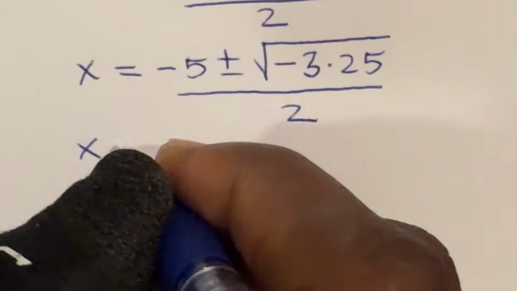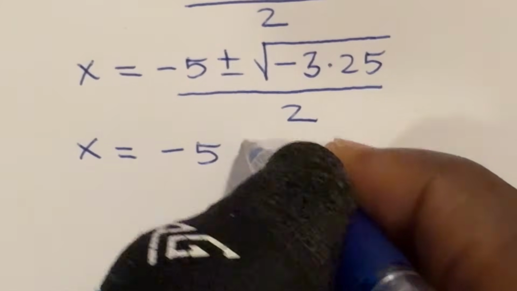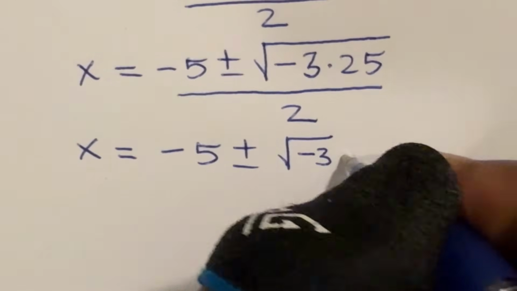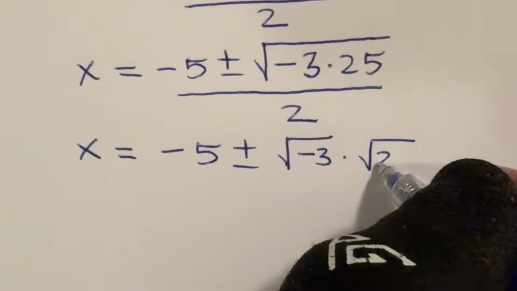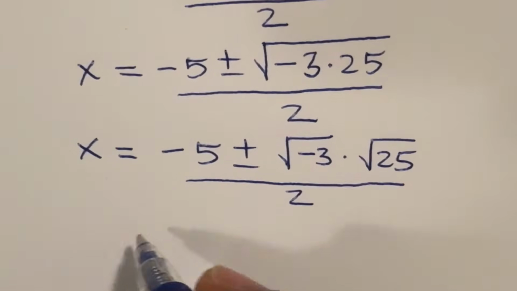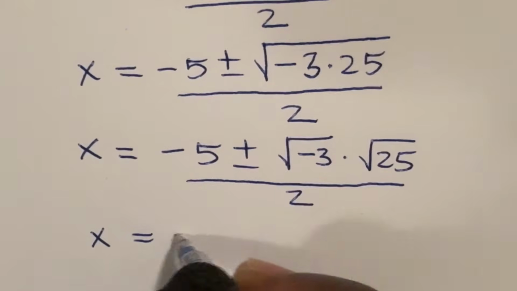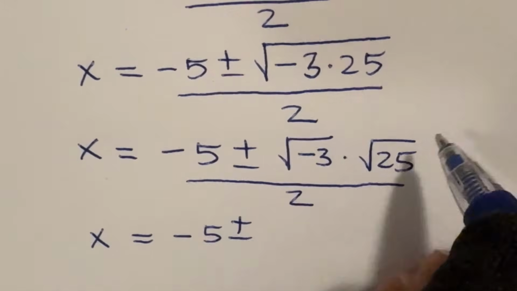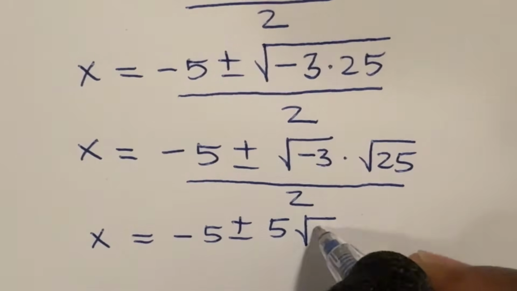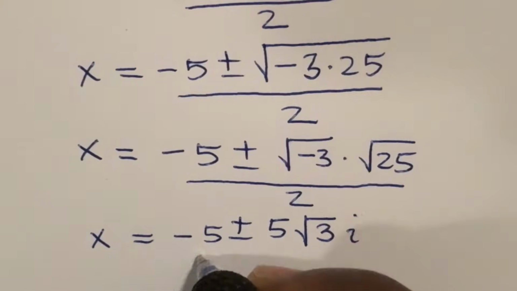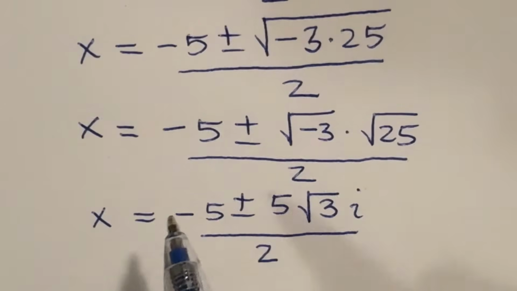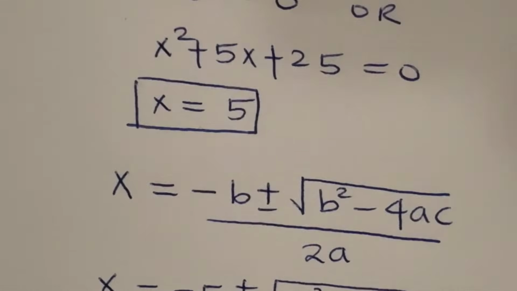So we have x is equal to negative 5 plus or minus the square root of negative 3 times the square root of 25, divided by 2. So x is equal to negative 5 plus or minus, the square root of 25 is 5. So we have 5 root negative 3, which is 5 root 3i, then over 2. So we already got x1, which is